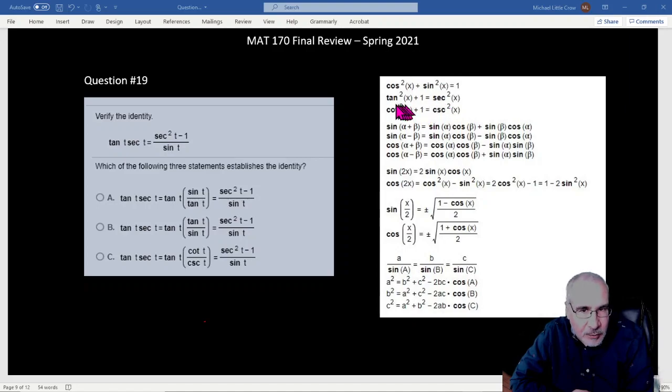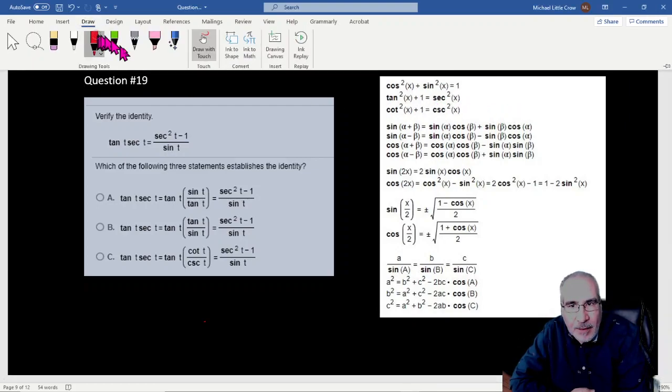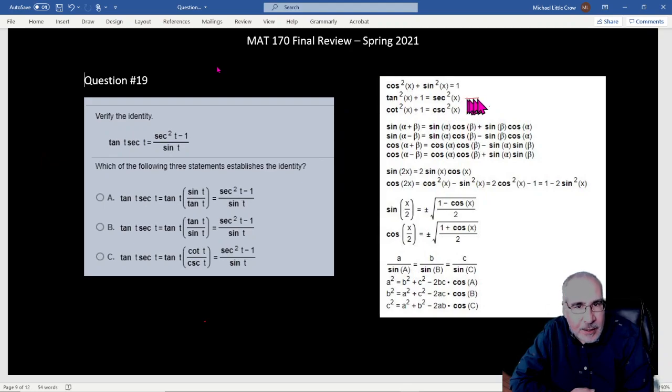Well, it's not listed directly. I do see tangent squared plus 1 equals secant squared. So if I were to subtract 1 from both sides, I see that I could rewrite this one as tan squared is equal to secant squared minus 1, moving that over, right? So what I could do is I see this part,